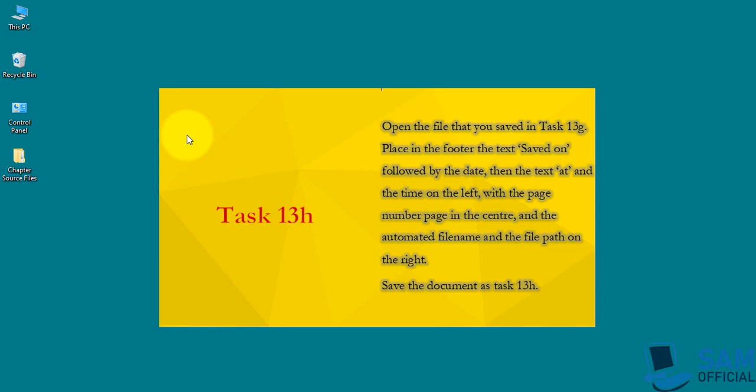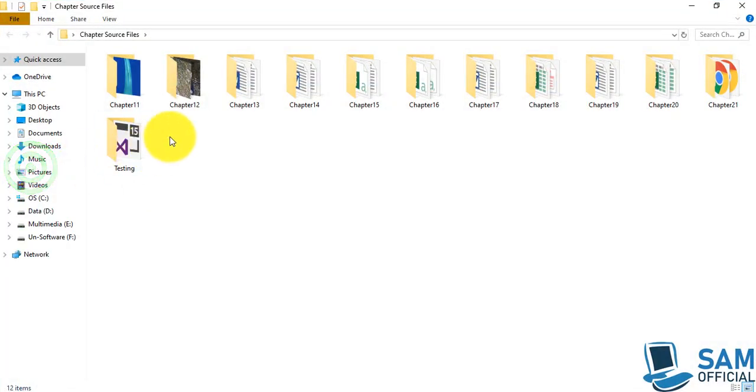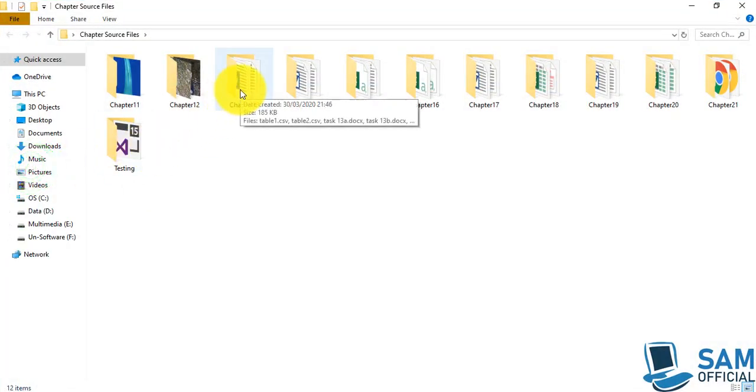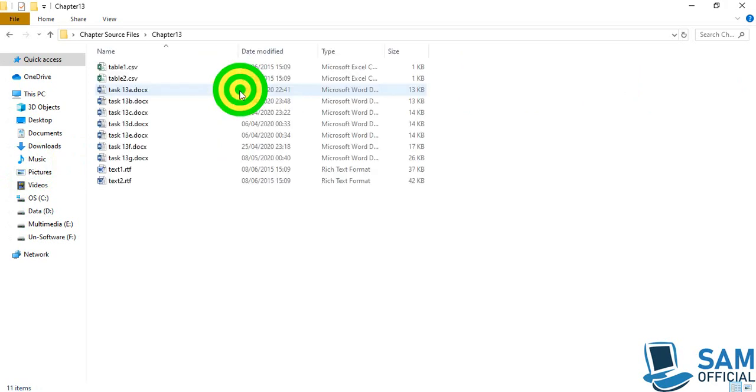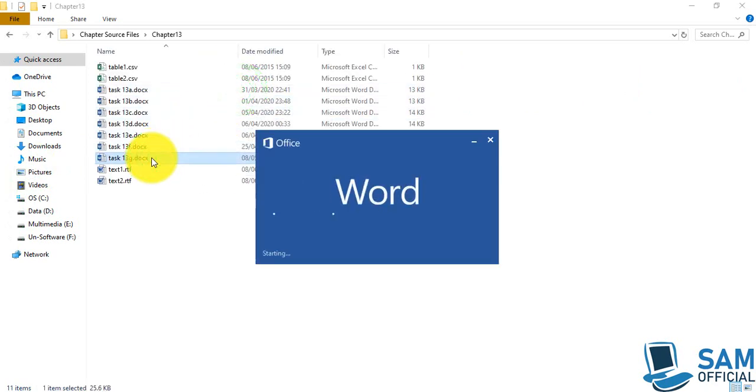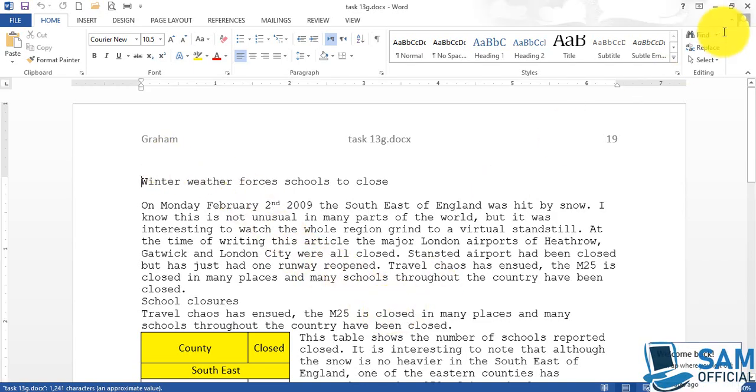So let's start this task, and the first statement says that we are to open the file that we saved last time in task 13G. So let's open this file. I have chapter source files folder on my desktop. You may have it in a different location. Go to that chapter 13 source files folder and open the task 13G. Once the file is opened,